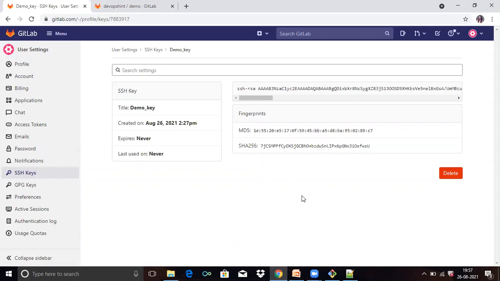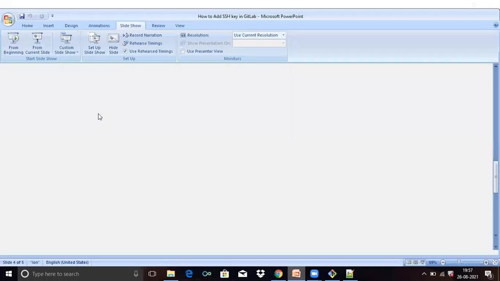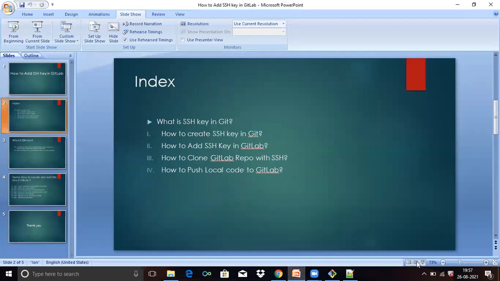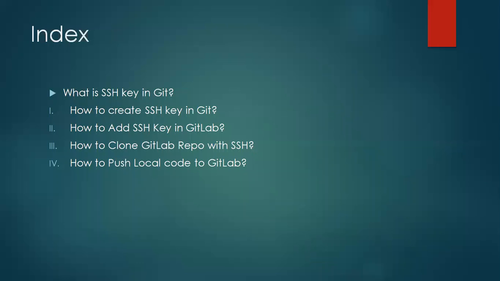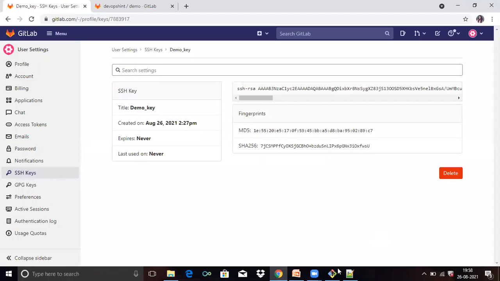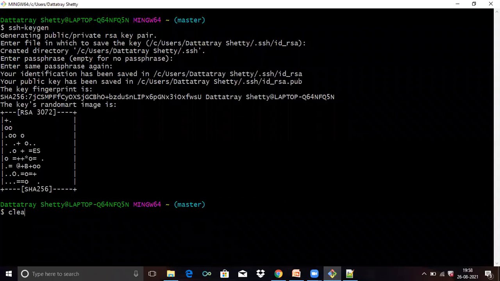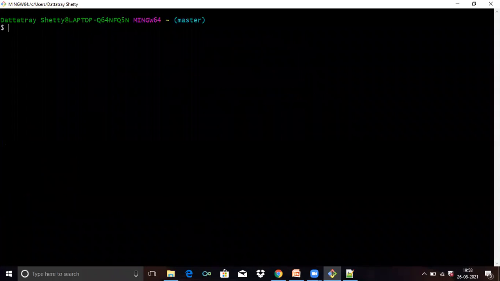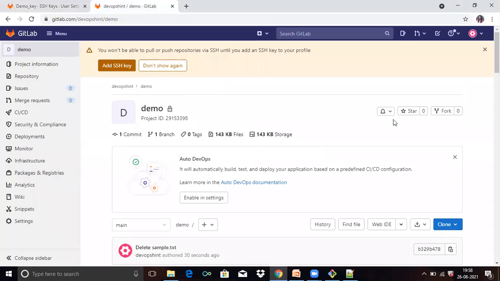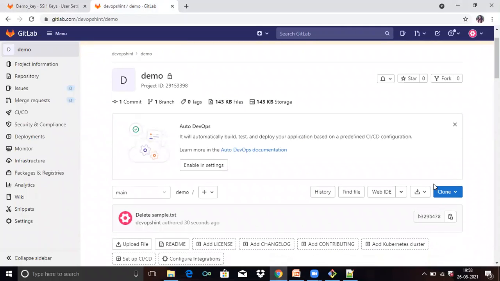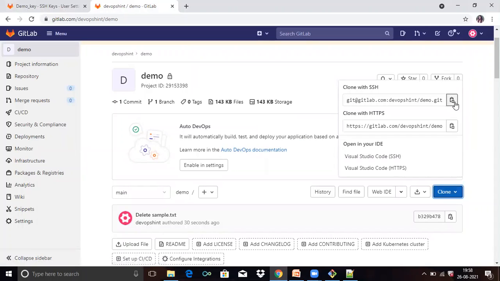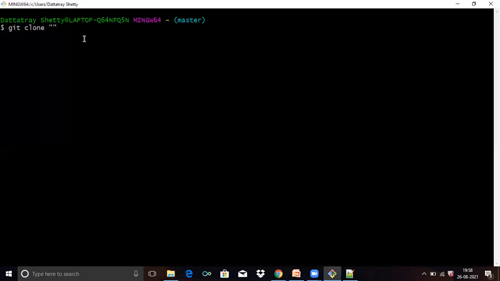So now we are going to the third and fourth points, that is how to clone GitLab repo with SSH, and last one, how to push local code to GitLab. So firstly open the Git bash and clear the screen first, and here run the command git clone, and in double quote go to the GitLab and click on your project and click on clone, and copy the clone with SSH and paste here.